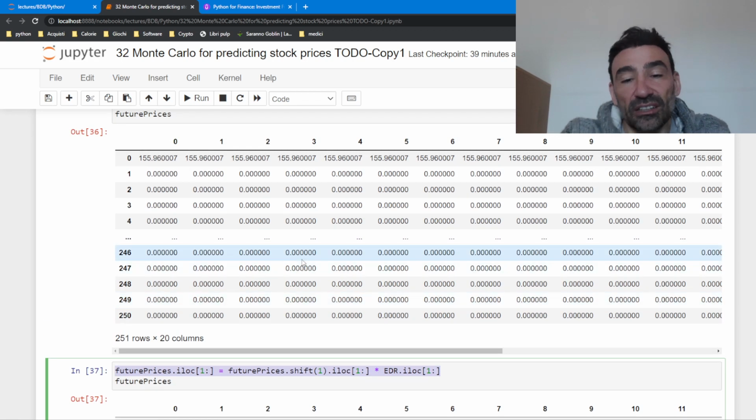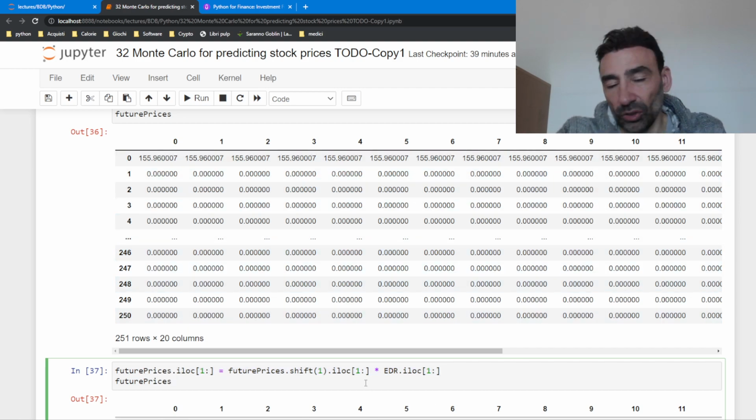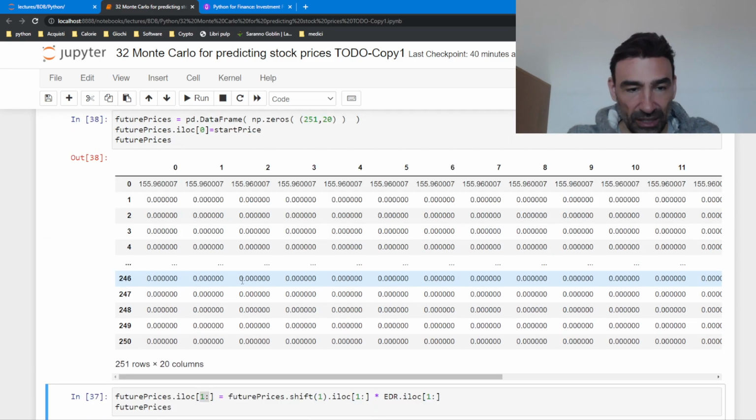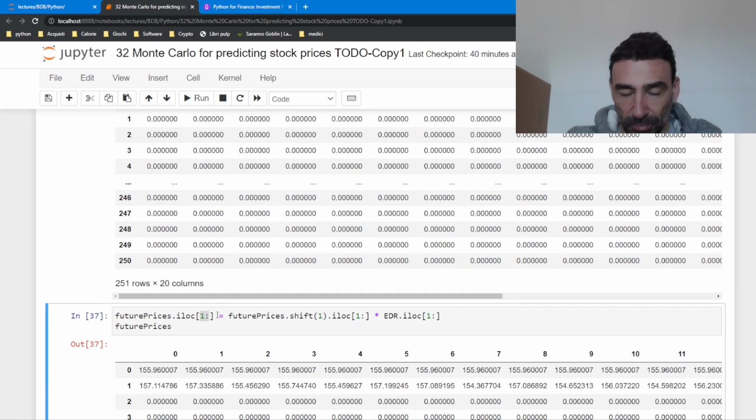Unfortunately, this is one of the things that must be done sequentially, so row by row, very slowly. Don't worry, we will not. In theory, you should do it row by row, which means you should do, let's restore future prices as it was before, future prices iloc 1 equal future prices shift 1 iloc of iloc 0 multiply